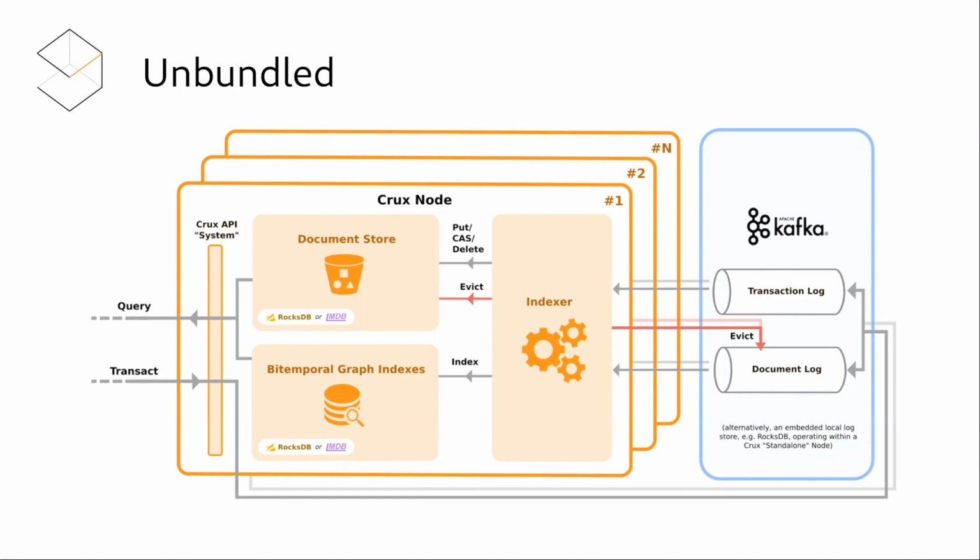And equally inside of Crux, we have two options for the key value store technology that underpins the document and the bitemporal graph index structures. So either RocksDB or LMDB. And these have different trade-offs and are proven to different scales, but certainly RocksDB, I heard someone mention, is a petabyte scale thing these days, which is seriously impressive. But as your needs change, you can swap out the components. And that's another important thing about being unbundled, because you can change things.